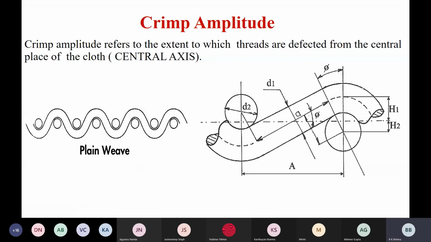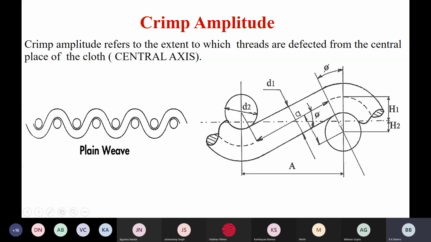In this context, in Pierce geometry, we have already calculated the crimp amplitudes h1, h2. So we have two parameters to indicate crimp in fabric geometry. Crimp in absolute value, expressed as a fraction, or multiplied by 100, which means crimp percentage. Or crimp in fabric appears in the form of crimp amplitude. Look at h1, h2. This is a mistake I have written: it is not capital H1. We always express crimp amplitude in small h, h1, h2.